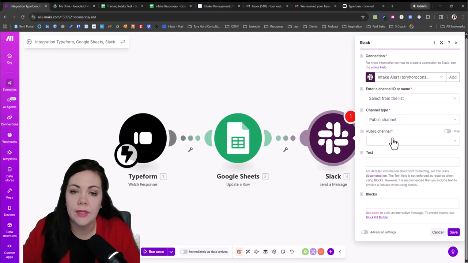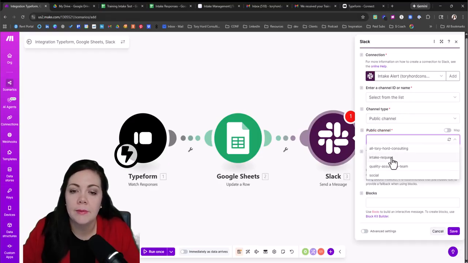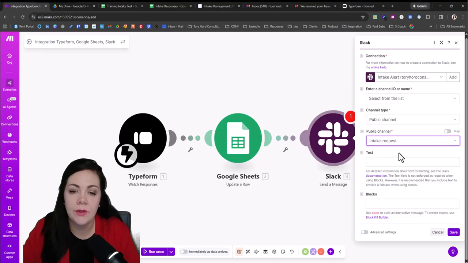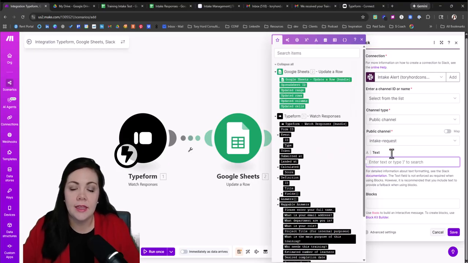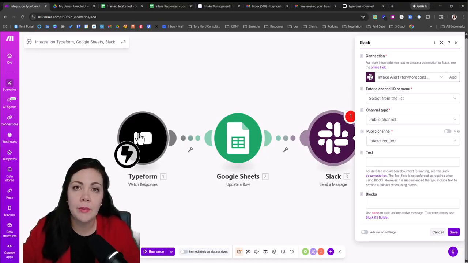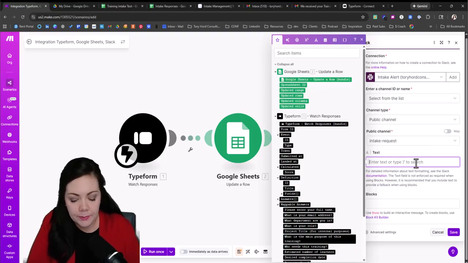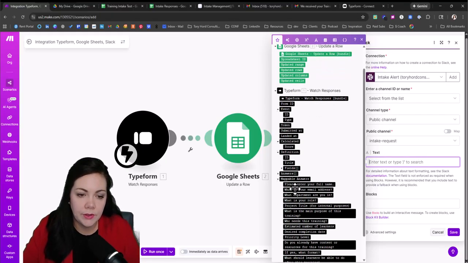So this is going to be, you can have it be public channels, direct messages, whatever it needs to be. So here I have an intake request channel that I'm using, and this area here for text is what that message will actually be. So you can use mappable responses from your Typeform to be able to populate that specific message. So here I want it to be, first I want it to include their name,